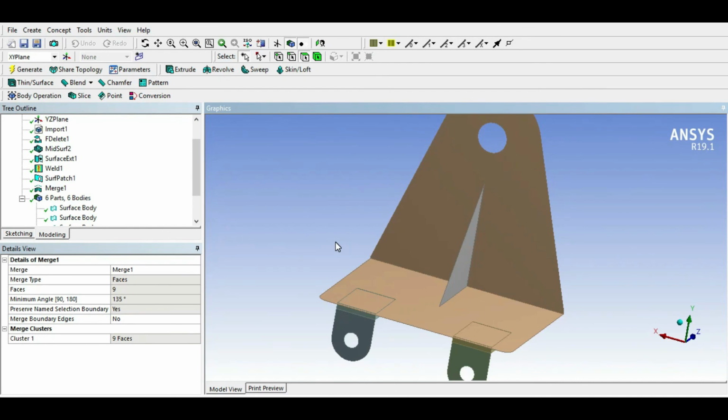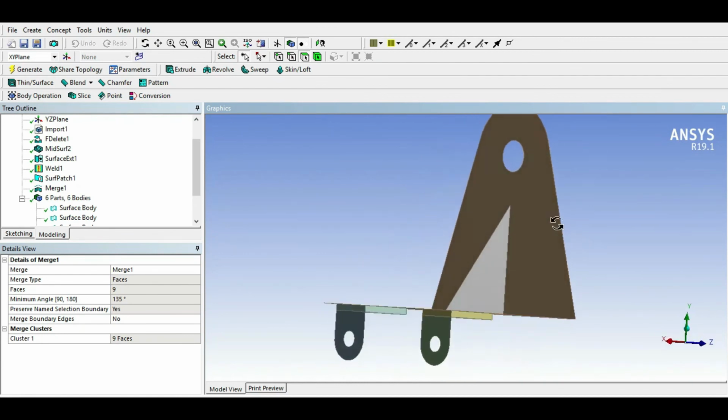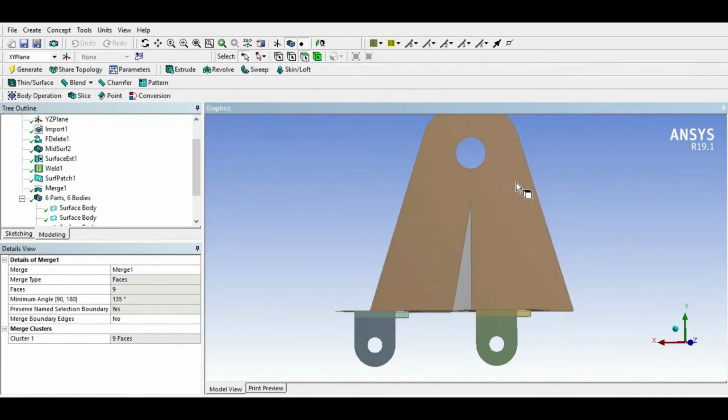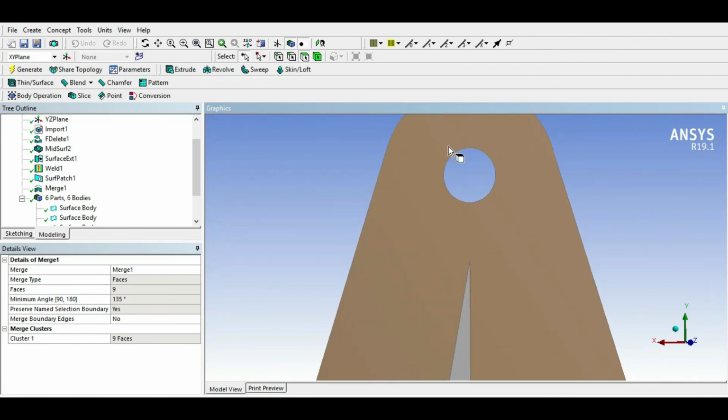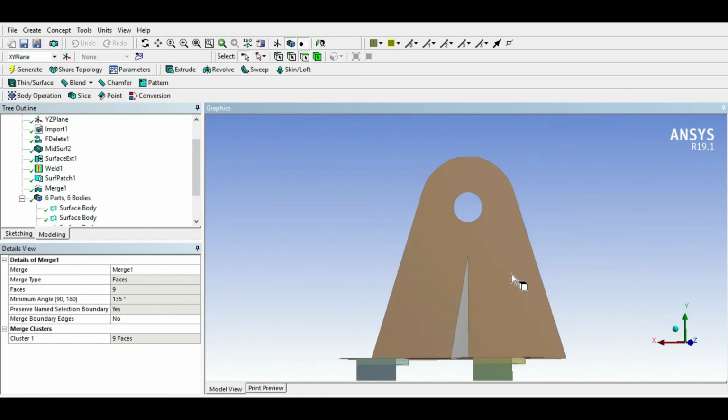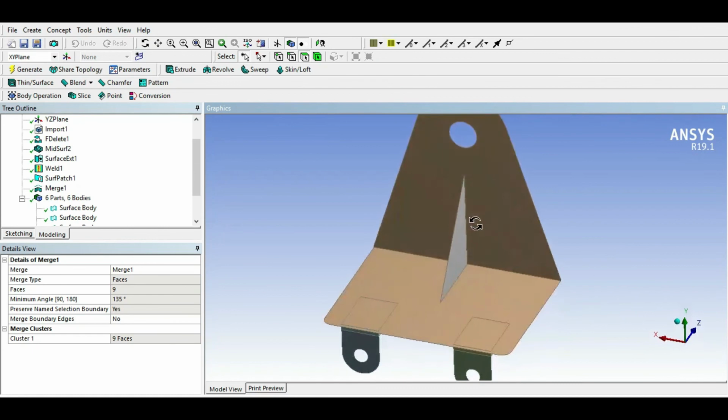And after this geometry cleanup we can create a highly uniform mesh by using the advanced mesh tools. So here you can find the whole feature is available. So here we can create a washer around the hole and create uniform meshing around the hole. So this I have explained in previous videos of mine.